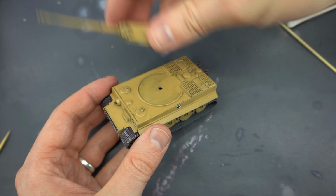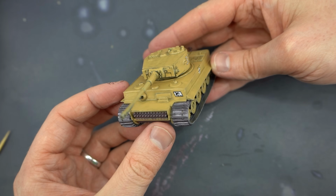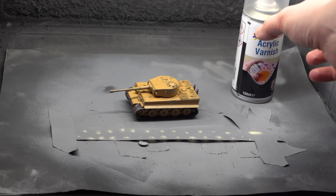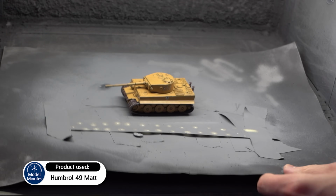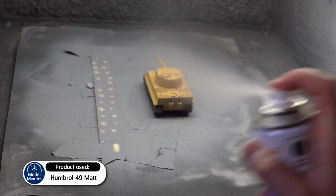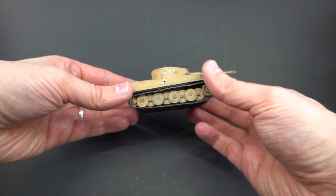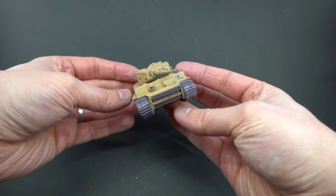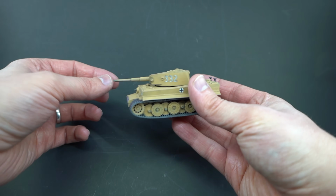The turret of the tank can then be added onto the top, and the final step was to apply a matte varnish coat to help dull down the shine from the previous satin layers. And with that, I think I could probably call this tank done. Well, at the very least, it's done to a very basic standard. I think this would be classed as an out-of-the-box model,